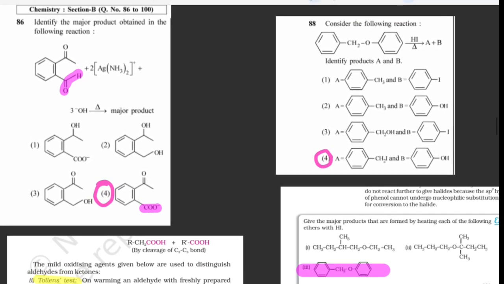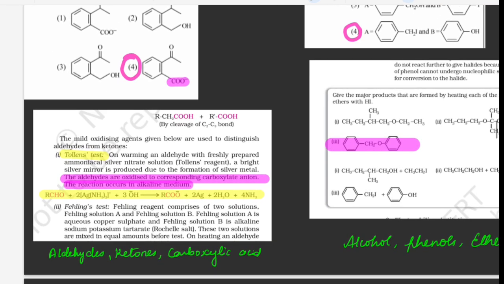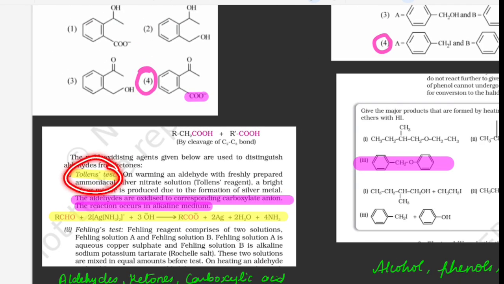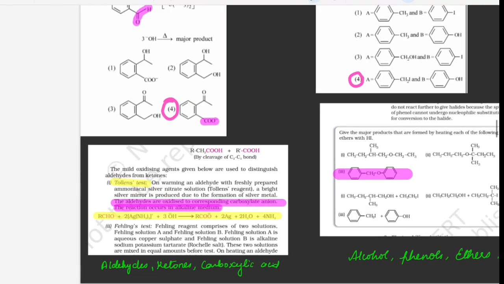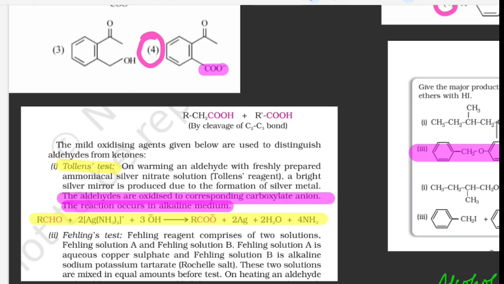Next question is, identify the major product obtained in the following reaction. So this is the reagent when it is treated with this and base. So you are getting a major product. So here this is from the chapter aldehyde, ketones and carboxylic acid. So this is nothing but Tollens test. So Tollens test you see here. On warming aldehyde with freshly prepared ammoniacal silver nitrate solution. So this is nothing but ammoniacal silver nitrate solution. So what you are going to get is